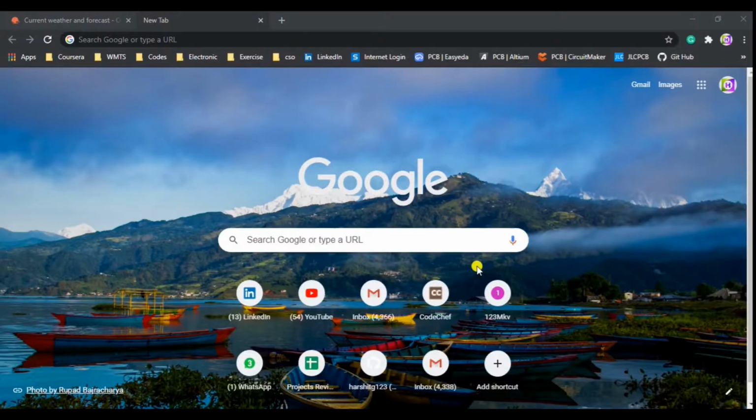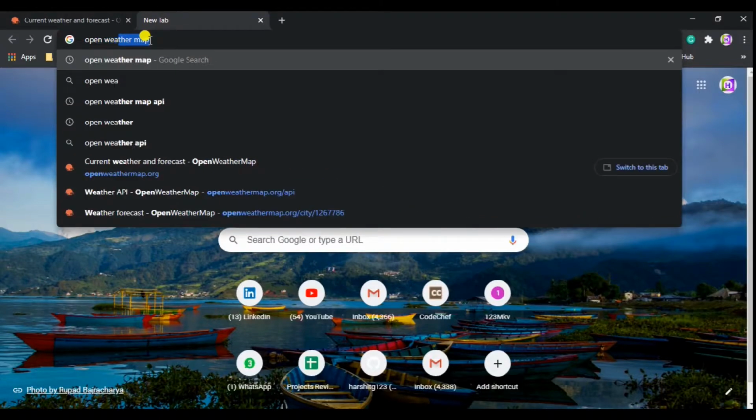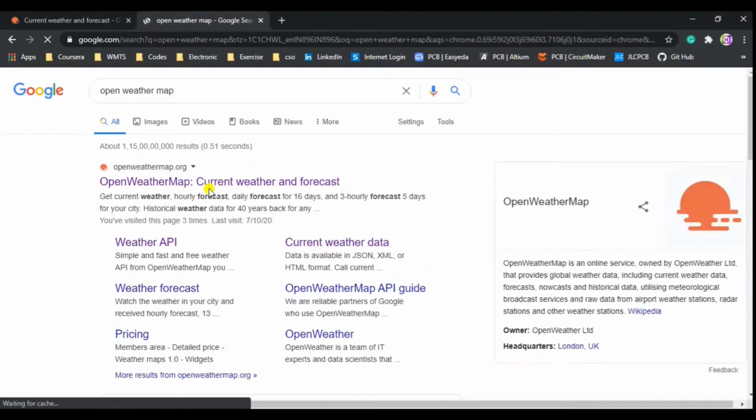Now I'll tell you how you can get your API key. For that, go to your web browser and type OpenWeatherMap and enter. Okay, so go to this first link, OpenWeatherMap, current weather data and forecast.